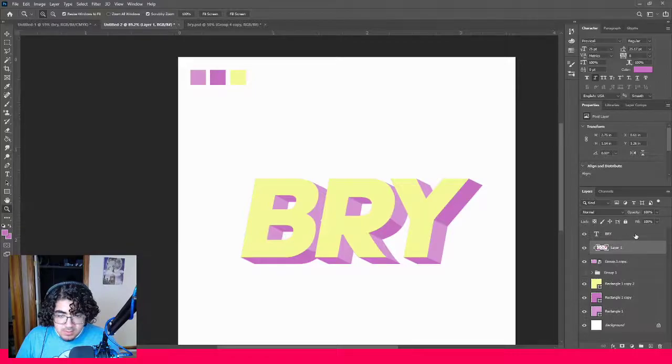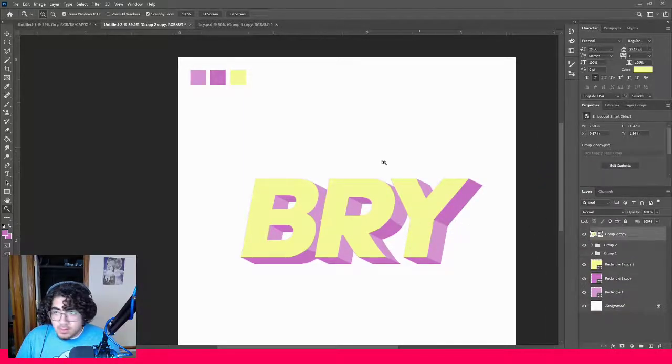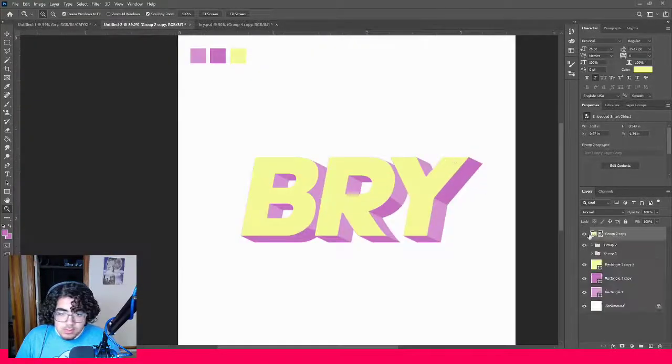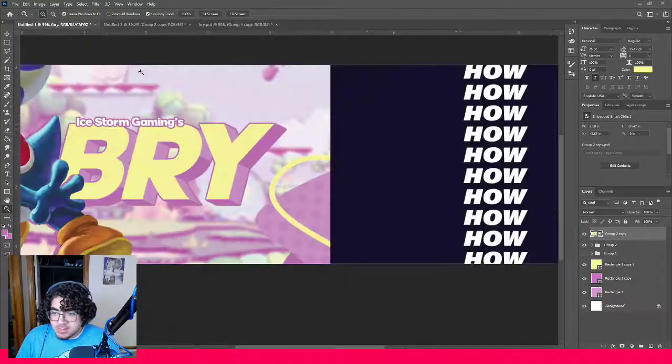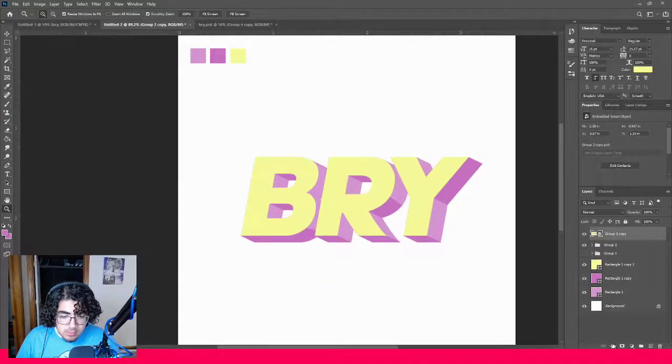So now that I finished all that, I can merge all these top 3 layers into one group, make a smart layer out of it. And then after that, I added a stroke all on the outside. So I think it's an even darker. No, it's the same color as the darker part. So you go to FX here, stroke,